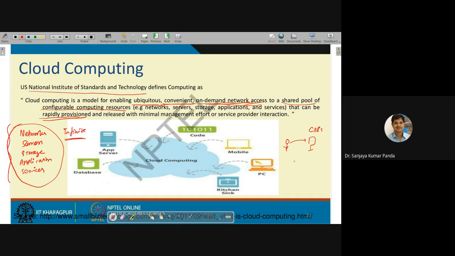Among the different web browsers we use, you may use Internet Explorer, you can use Mozilla Firefox, you can use Google Chrome, or on a mobile phone, suppose you are using Opera Mini, any web browser. At least one web browser is required